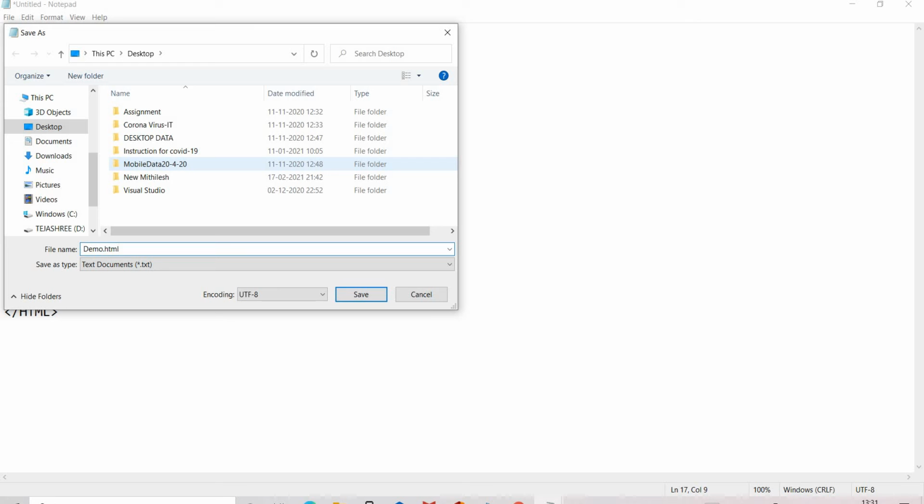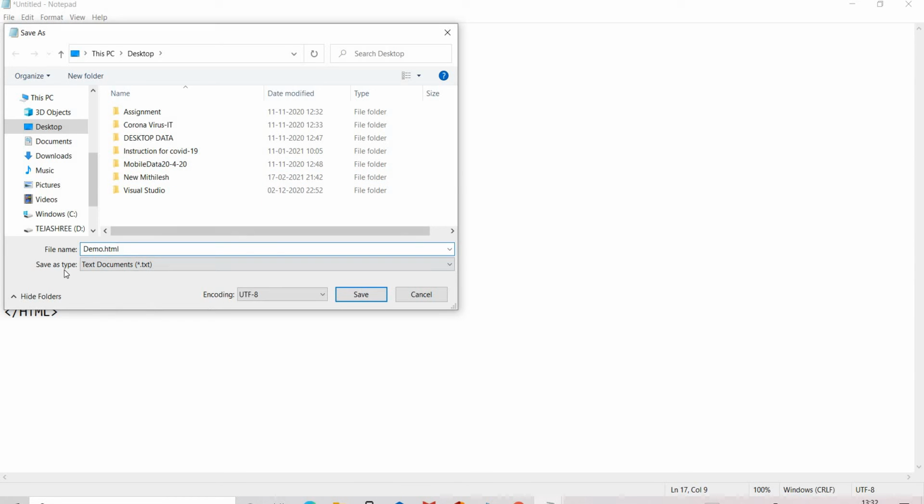There is no space between demo and .html. Second thing, whenever you save your program, the first letter of the word should be capital, and do not give any space between the words. These two rules apply to all file names you save.